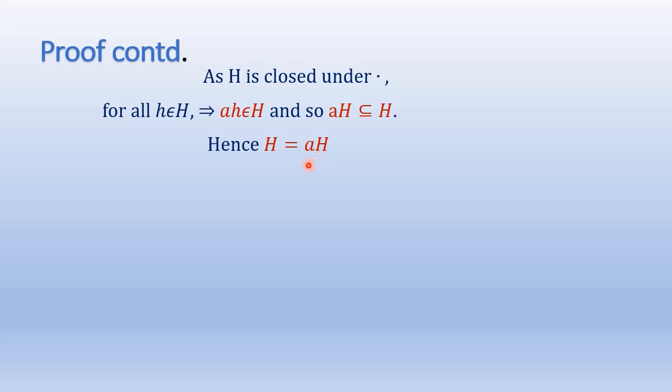Now, our aim is actually to prove the existence of identity and inverse. So, H is equal to aH. Now, as a belongs to H, we have taken this a only from the set H. So, a belongs to H implies a belongs to this aH also. In aH, any element will be of the form a into some other element of H. Let that element be b. That is, a can be written as a into some other element, that some other element is b. So, a is equal to ab.